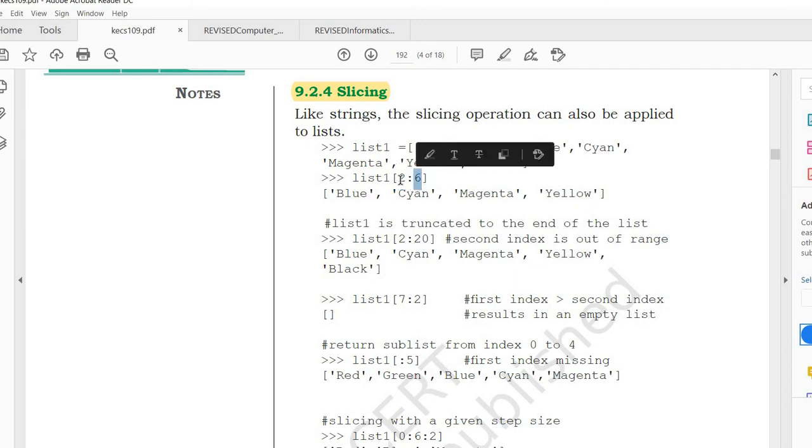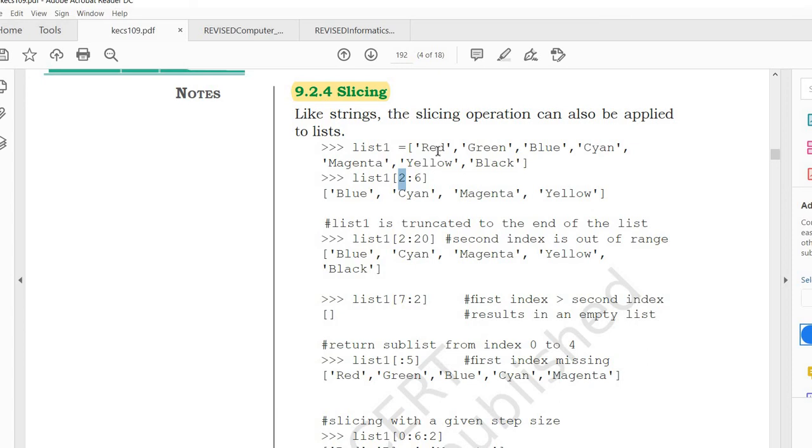When you are slicing, the start index will be considered and we continue till the stop index, but the stop index will not be included in the slice. We start from the start index and stop just before the stop index. So here the slice is from 2 to 6, and you will get the values from positions 2, 3, 4 and 5.